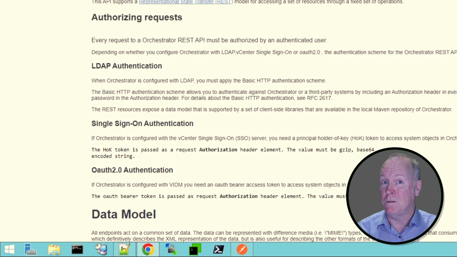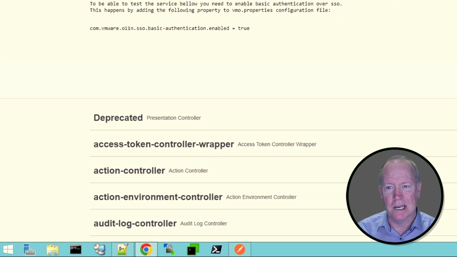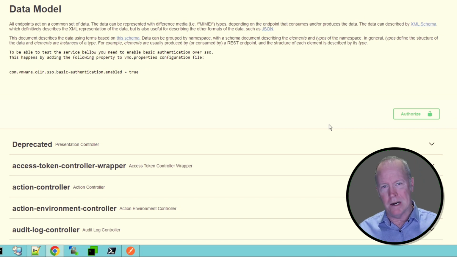On the other hand, if you're using the standalone version of Orchestrator, reading this section of the documentation could be quite useful. But we're going to skip it. Instead, what we're going to do is go down to this next section here where it mentions something about data model, all endpoints act on a common data set, blah, blah, blah. But there's 2 things in this section that I want you to see. One is that